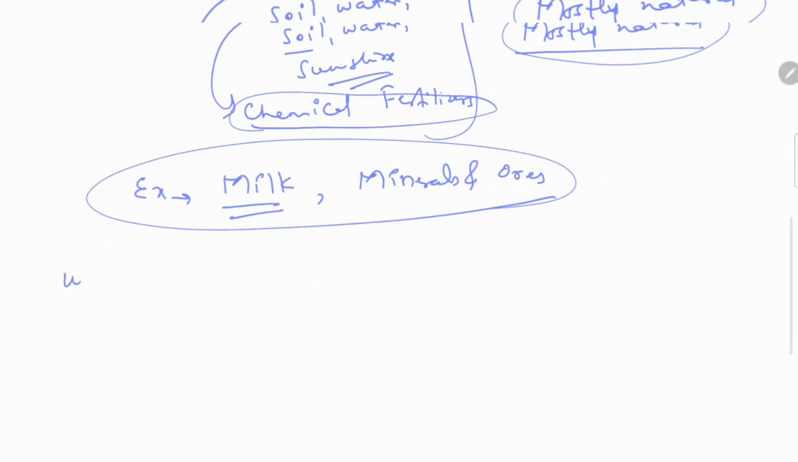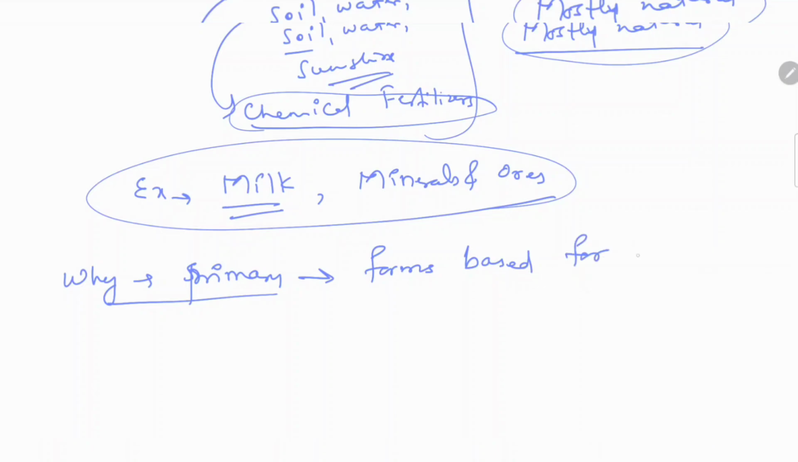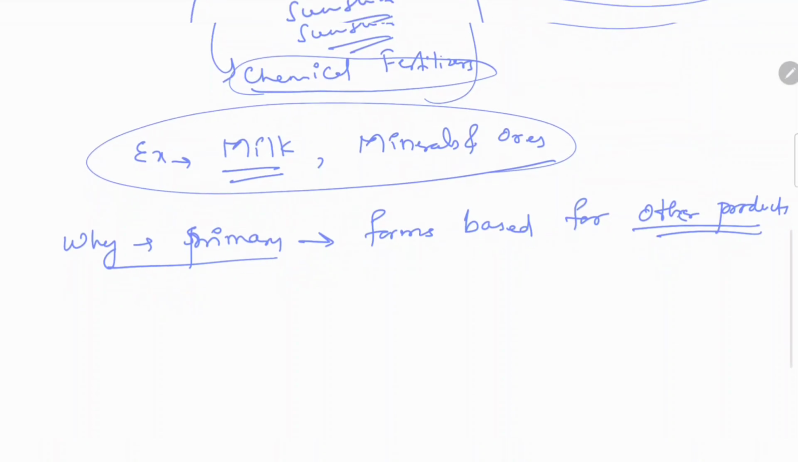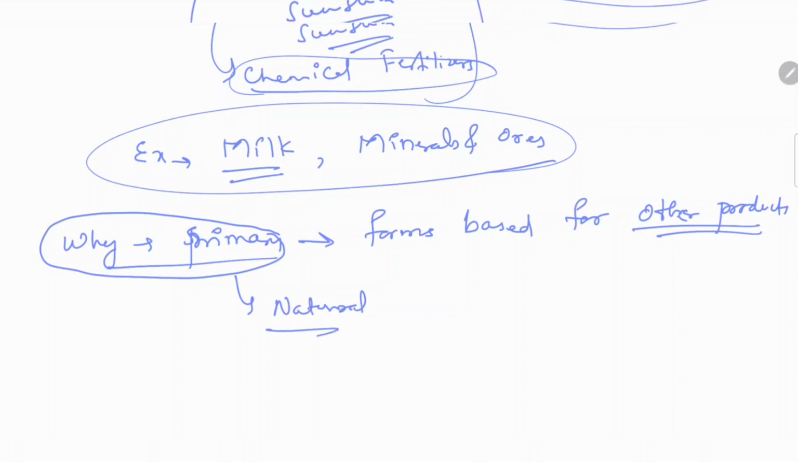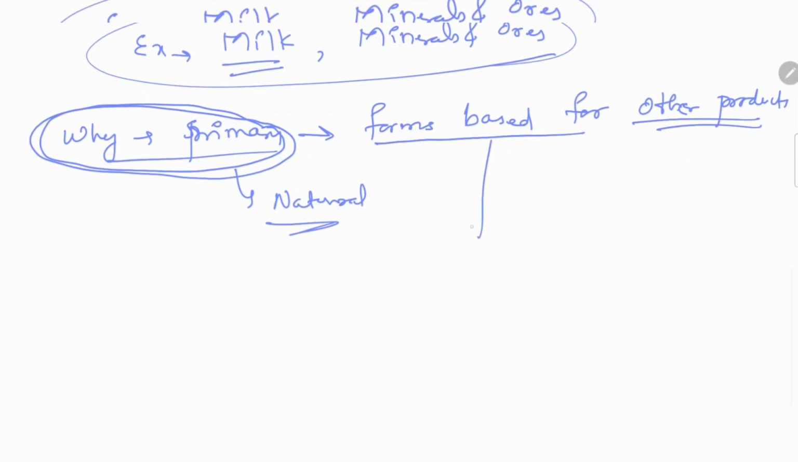Also remember why these are called primary activities. They are called primary because they form the base for other products that will be made subsequently. That means whatever products we are enjoying today are finally made from natural products only. That is why these activities are called primary, as they form the base for the other products. And most of these products, I am not saying all, most of them